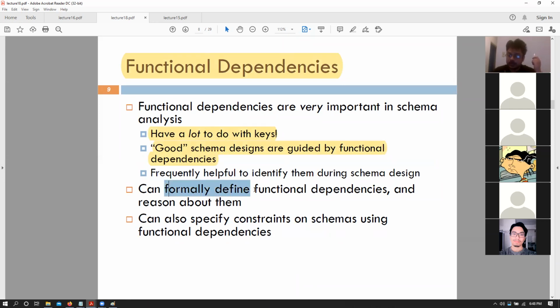And since we can formally define functional dependencies as this particular entry depending upon this particular entry, we can say that since amount depends directly on the loan ID as a function, loan ID could be a primary key, right? Since we can formally define attributes with respect to other attributes, we can reason about them, and we can also prove whether a particular attribute can be a primary key or not, right?